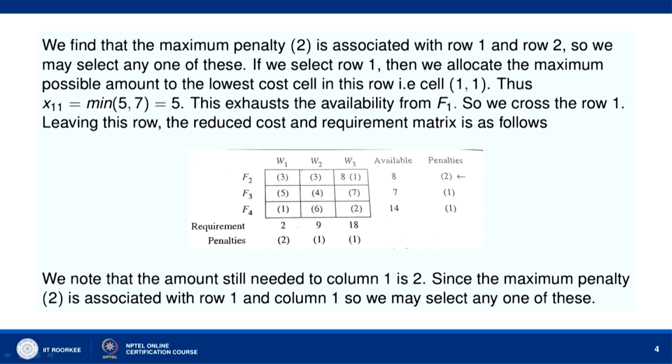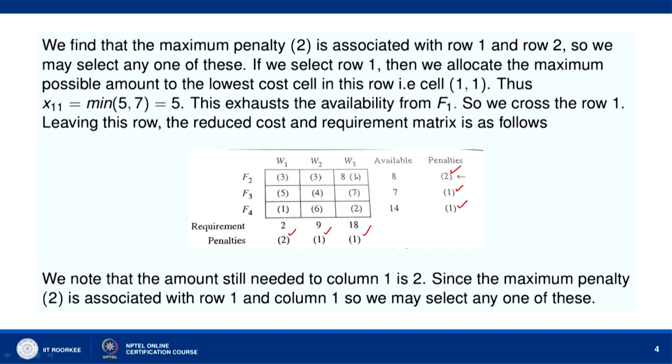Okay. Again we calculate the penalties. So, here the lowest cost is 1, the next to smallest is 3. So, the difference is 2. Here lowest cost is 4, next to lowest is 5. Okay. So, we have difference 1. Here smallest cost is 1, next to smallest is 2. So, we have difference 1. So, column wise now let us find the penalties. So, smallest is 1, next to smallest is 3. So, difference is 2. Smallest is 3 here, next to smallest is 4. So, difference is 1 here. Smallest is 1 here, next to smallest is 2. So, difference is 1 here.